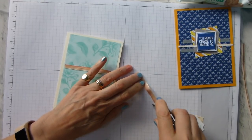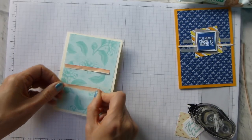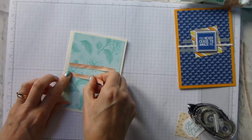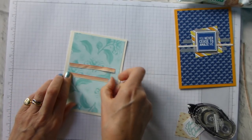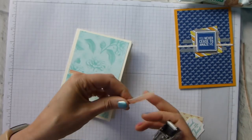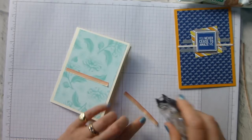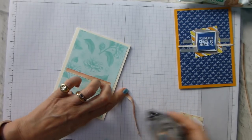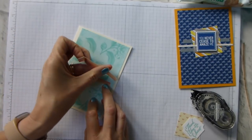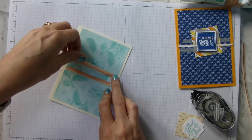I'm just going to add a little bit of the adhesive to that, and I want one piece kind of towards the left, and then the other piece kind of towards the right. And oops, I'm not too worried about the middle being stuck because I'm going to cover that with other things. So that then goes there,